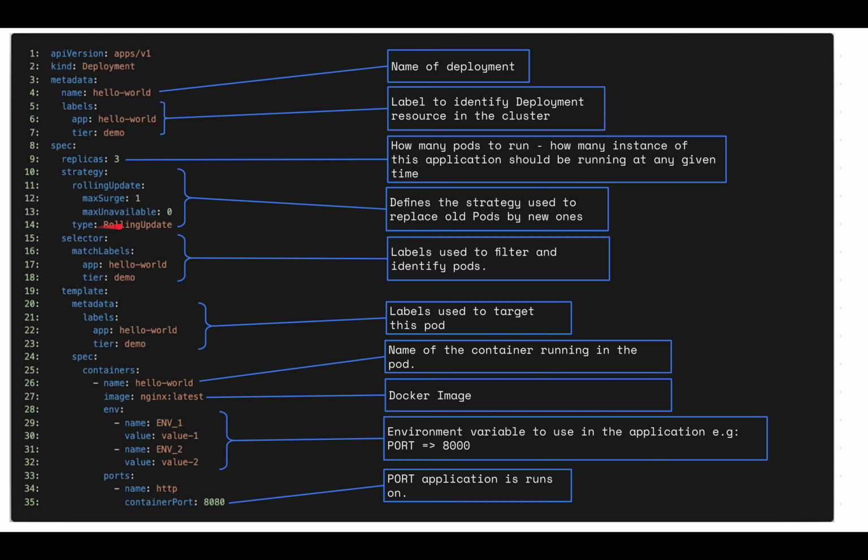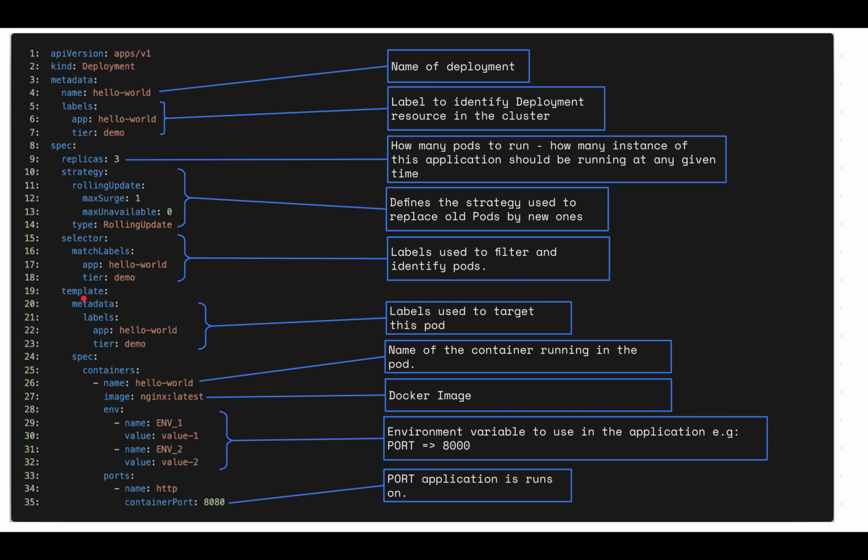In this case, we have a type of rolling update in such a way that you have a max surge of 1. So you pick one pod, upgrade that. When you're done and it's in the ready state, you pick the next pod and you upgrade it also. So that's the configuration we just set with this strategy. Now we also have the selector here on line 15, which is similar to what we saw in the replica set. So the deployment uses this selector to target the pods that belong to it.